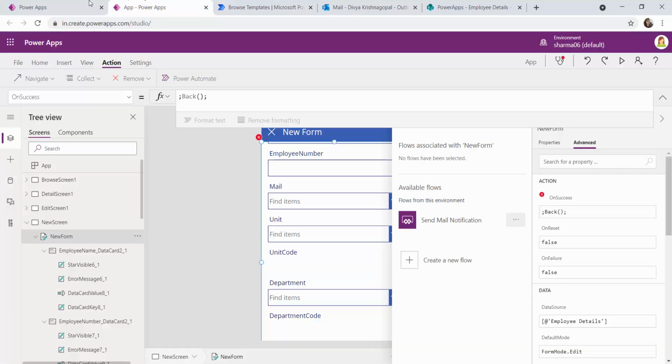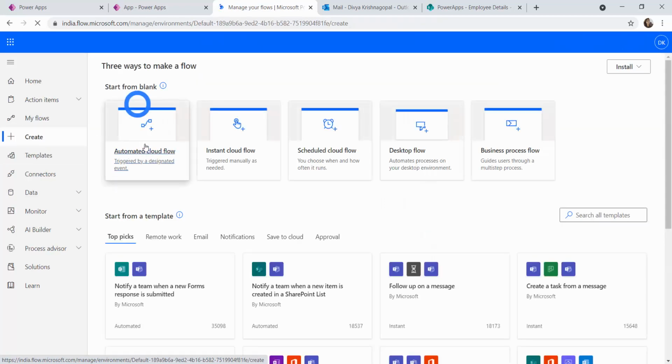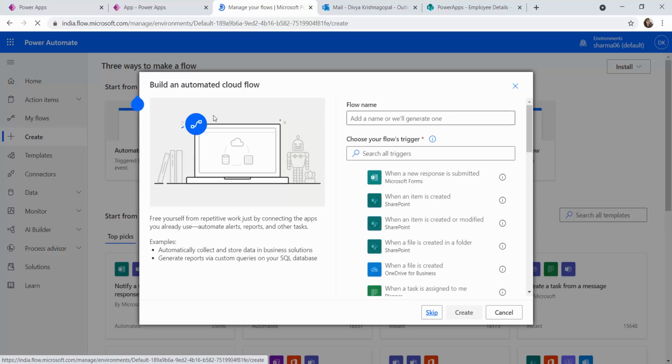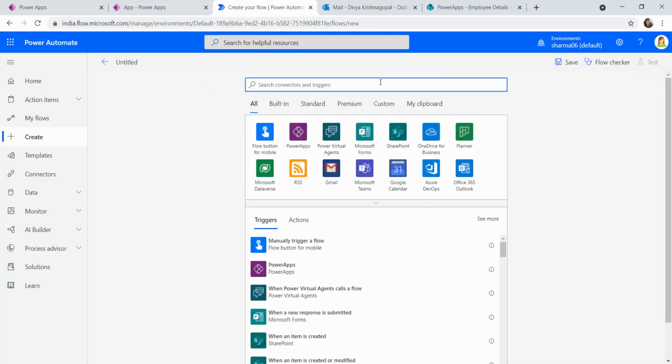Right after I click new flow, it has navigated me to the Power Automate portal. And from here, I'm going to create an automated flow. I'm going to skip this action. First, we will be including the trigger point.